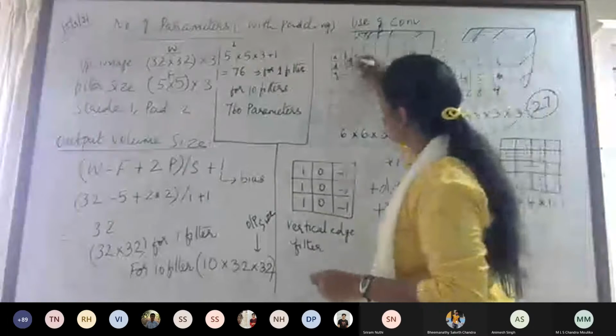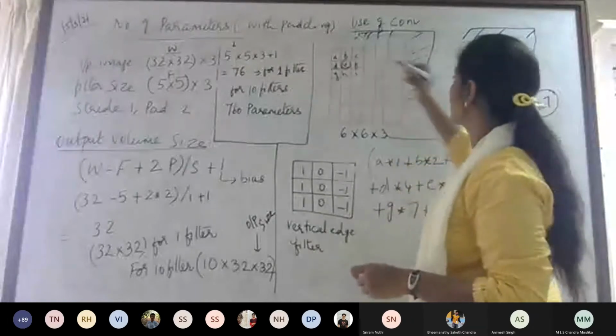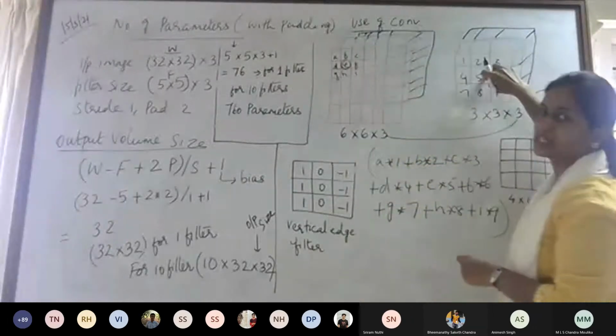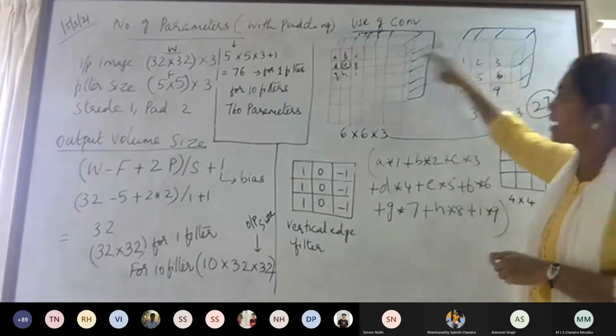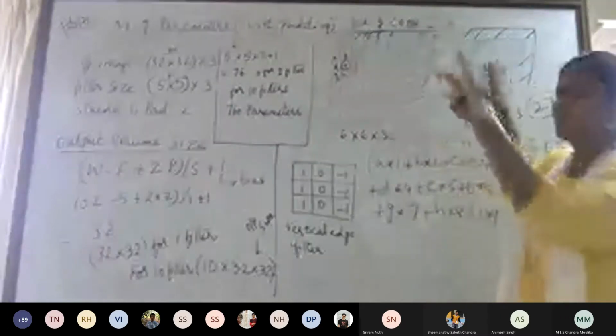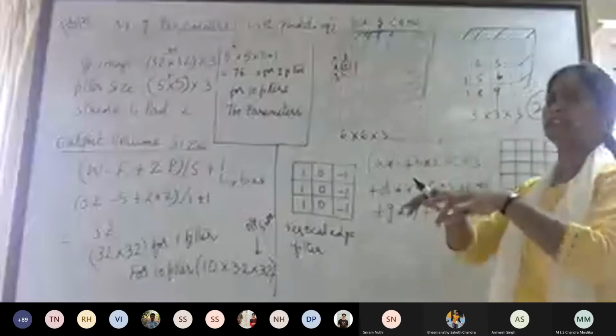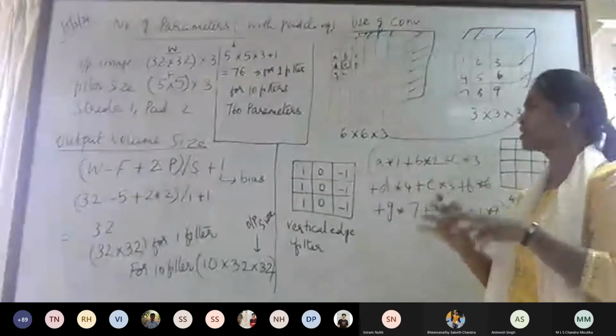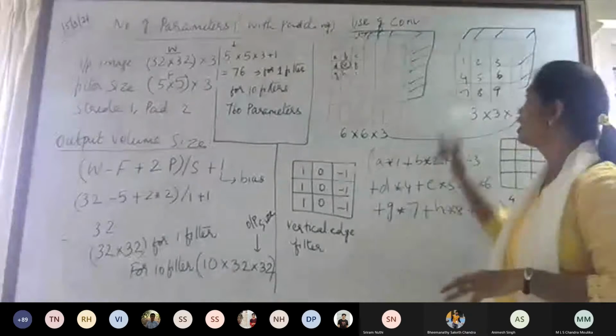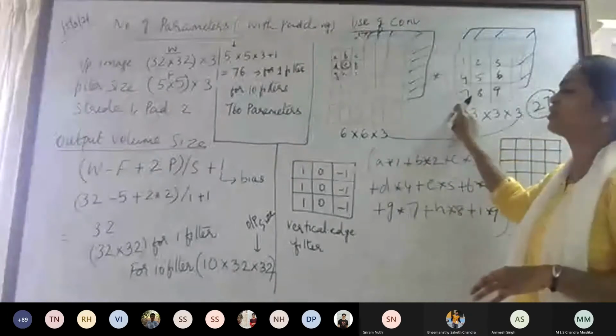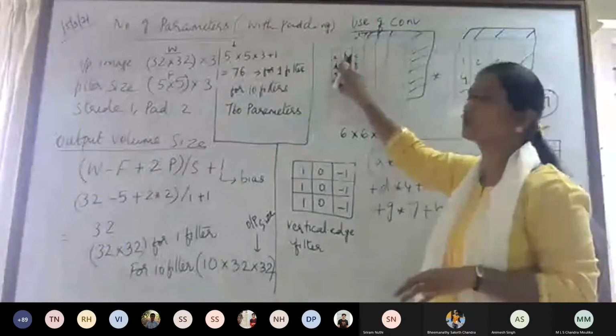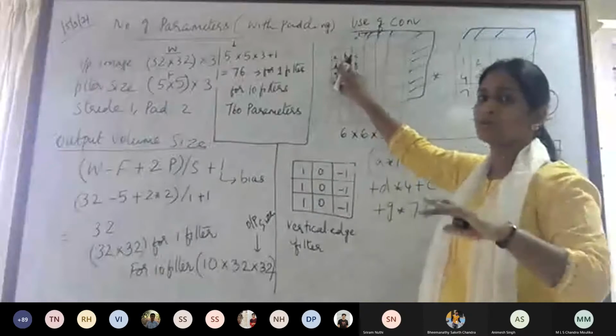That single value will be substituted in this location, because wherever the center pixel of this filter is matching with this, then the neighborhood values and the center pixel values get convolved. This operation is called convolution. You have to put a star here for convolution and that value goes here. I hope all of you remember this. We have discussed earlier also.